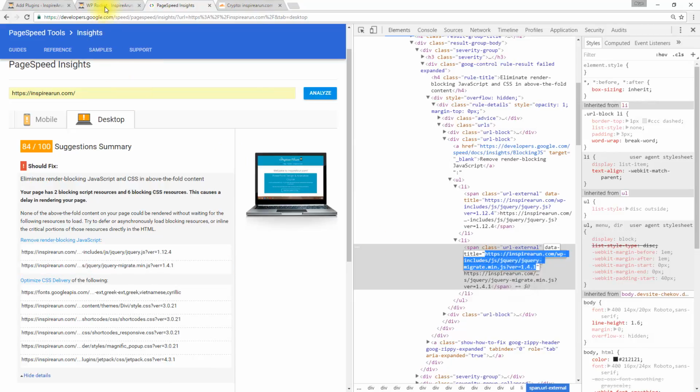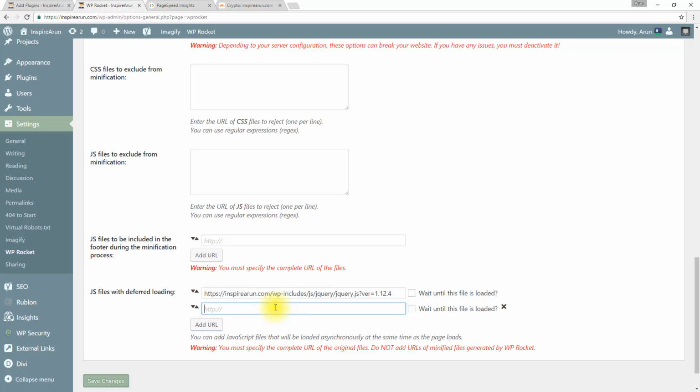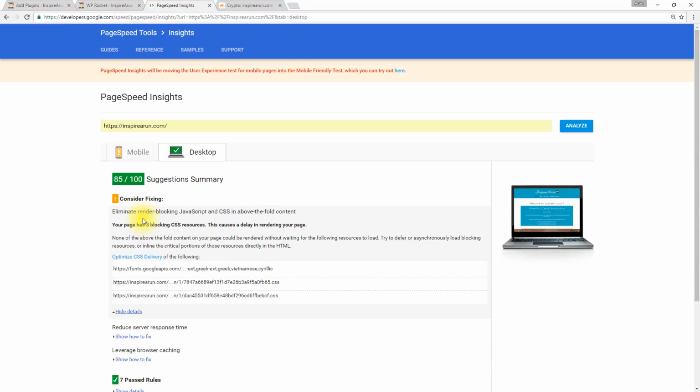copy and paste it here. Remember, you should not check this checkbox. If you check it, then it will block the rendering of your web page. We are doing this to eliminate the render blocking issues, so don't check these checkboxes. Now click Save Changes. Now you can see that the eliminate render blocking of JavaScript files has vanished completely,